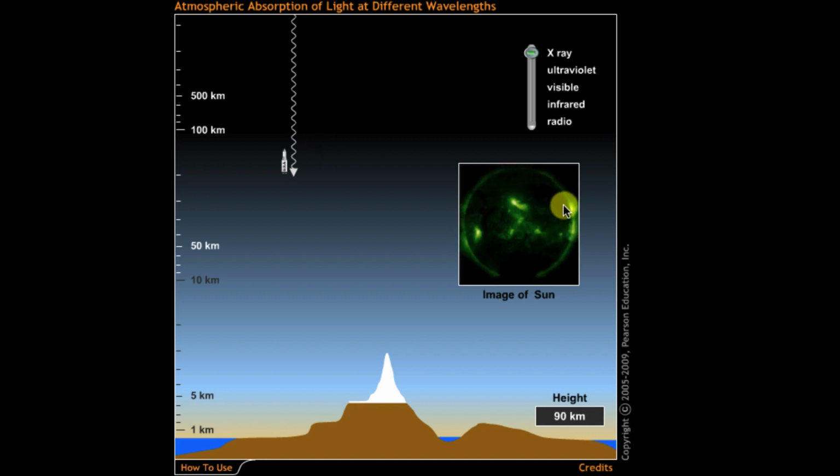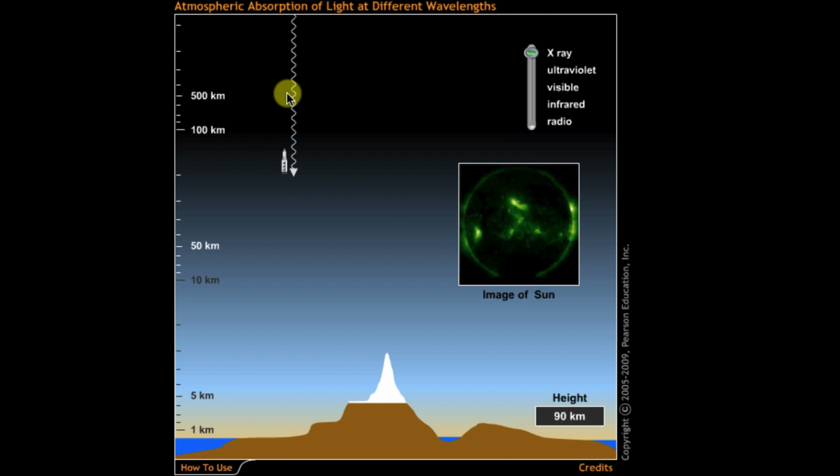There are certain things that are happening on the surface of the sun where X-rays are being emitted, big solar storms. All right, and so those are bad. We don't want to get hit by those X-rays. So luckily, our atmosphere protects us. But if we want to take pictures of the sun and really understand what's going on, we need to take pictures of all the different wavelengths of light coming from the sun. To take X-ray pictures, we have to actually put our spacecraft, our telescope, up into space.